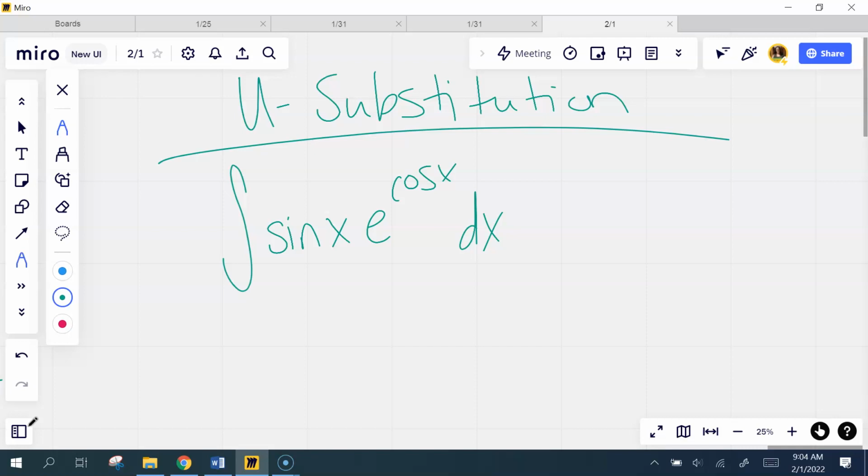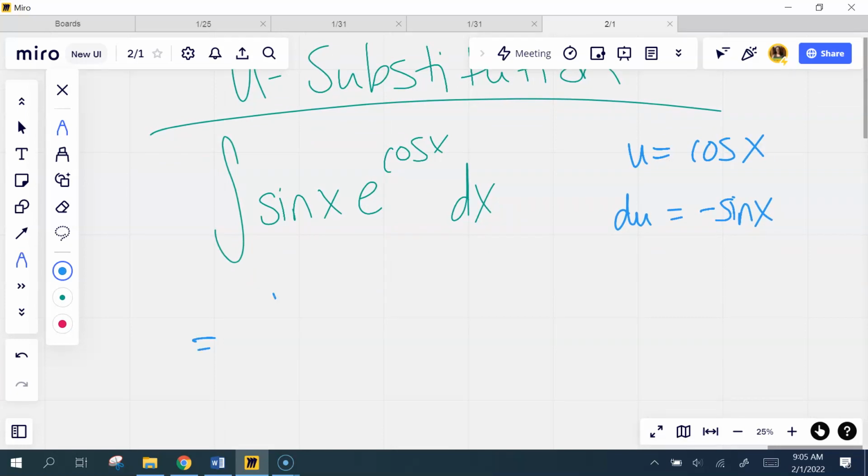In this case, and most of the time in something like this, you're going to be letting one of the trig functions be your u, okay? So here, if I said, let's let u be cosine of x, what would the derivative here, in other words the du, be? Everybody agree with that? So do you agree then that I could rewrite this as the integral of